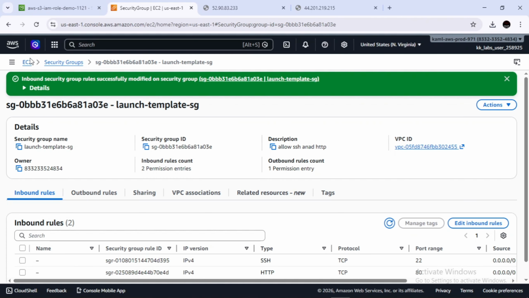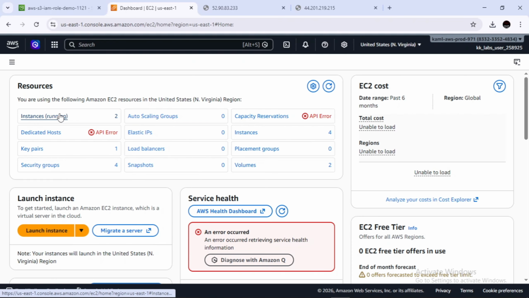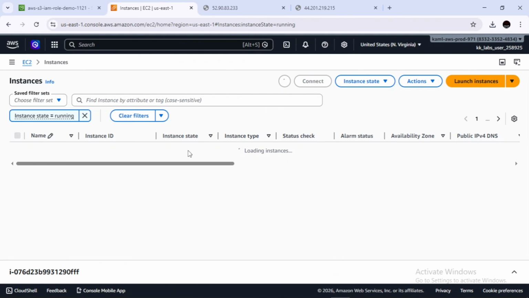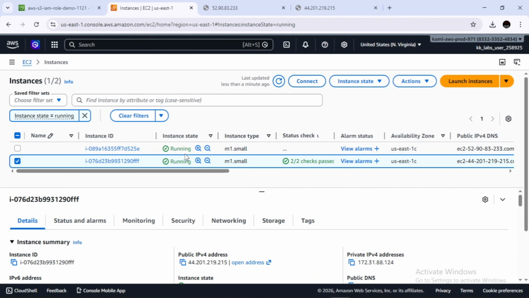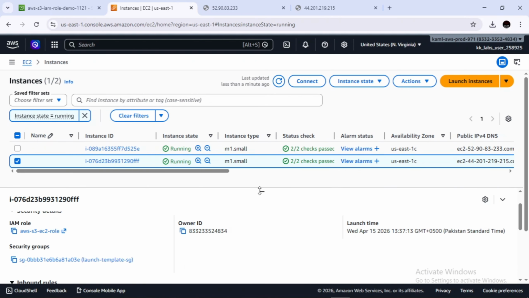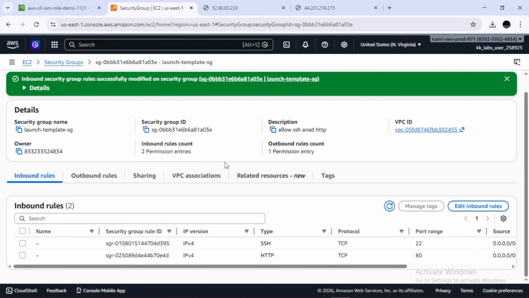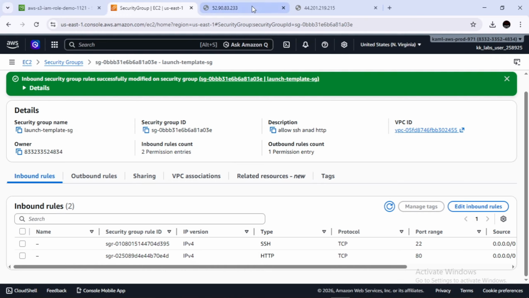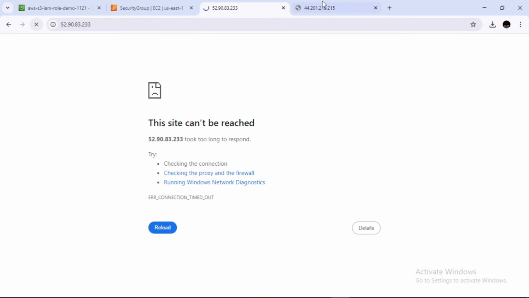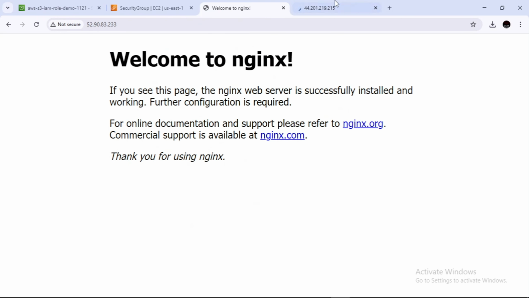And EC2 instances are using this security group. The instance and its security group is this, and now security group rules are configured. If I refresh these both, as you can see, the Nginx page is appearing.